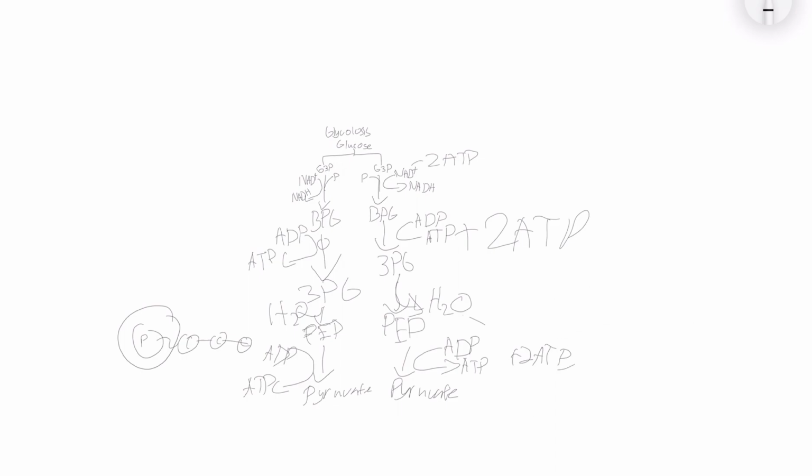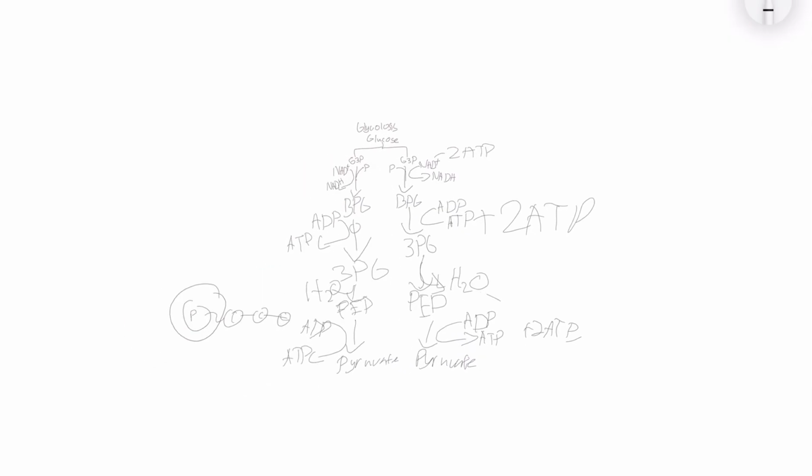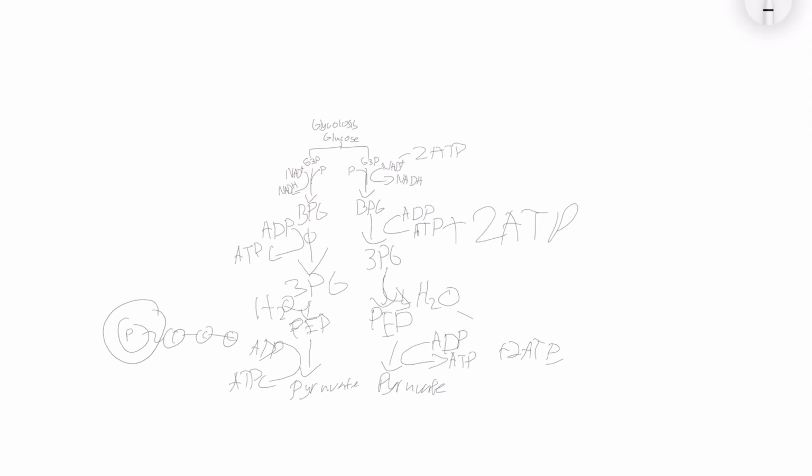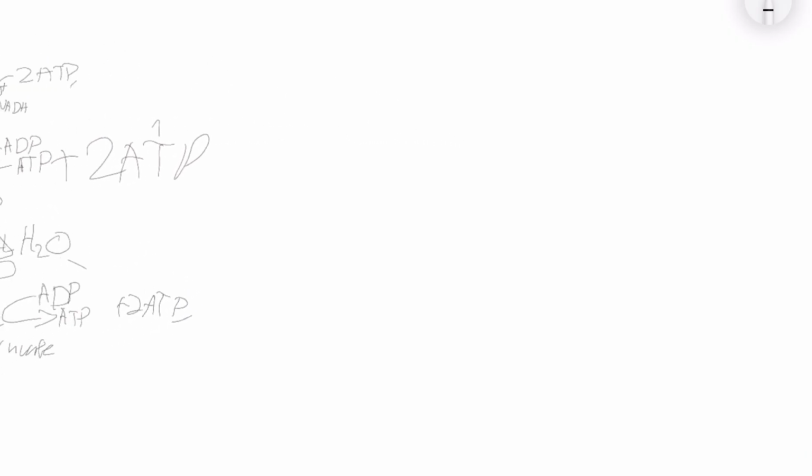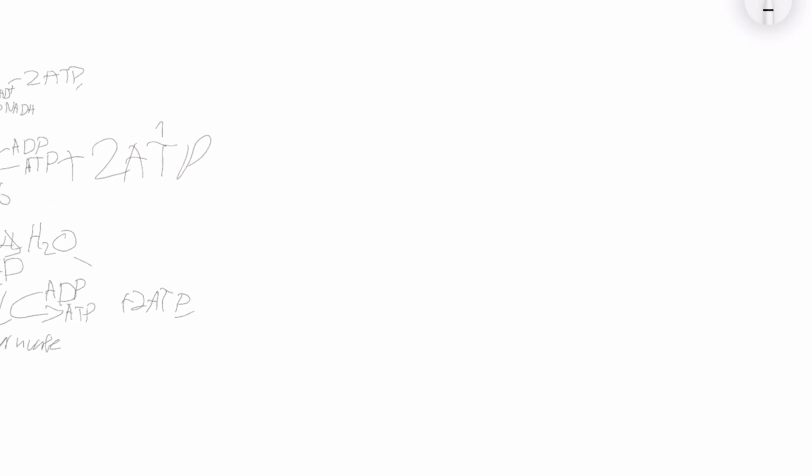So what does that make? We gained a total of 4 ATPs, in total. But net ATPs, we only gained 2, because let's say this one and this one cancel out. We get 2 ATPs. So next, if we do not have enough oxygen,